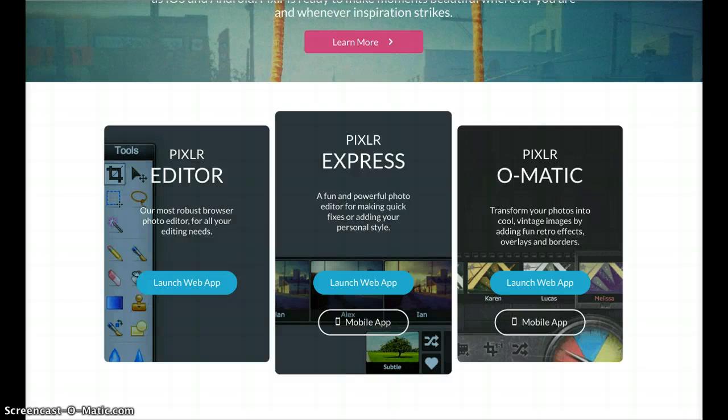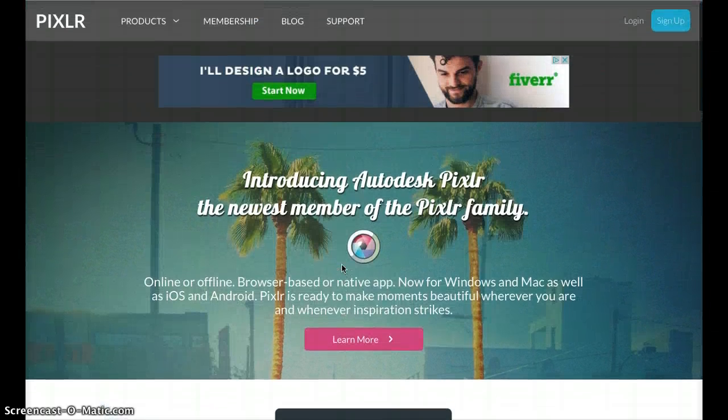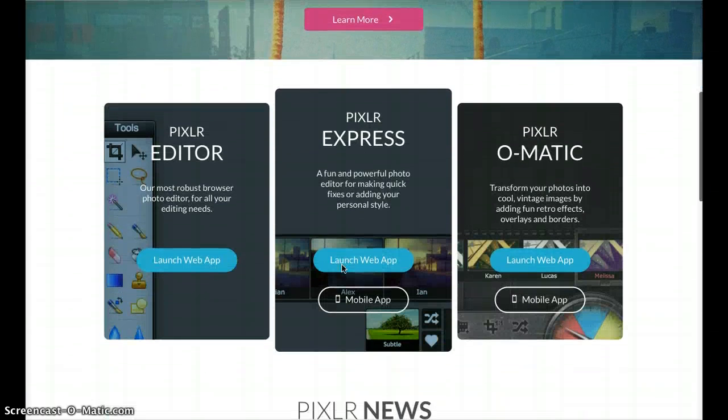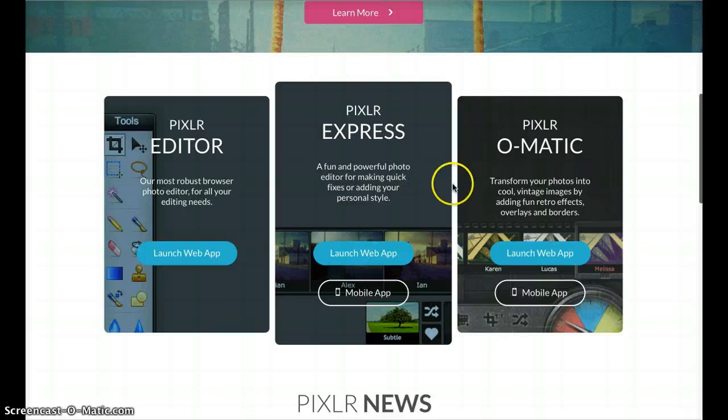Hello, I'm Linda Ward, and today I'd like to show you how to do some basic edits on your images in Pixlr.com. When you get to Pixlr, you'll come to this screen, and we'll scroll down here, and there's three